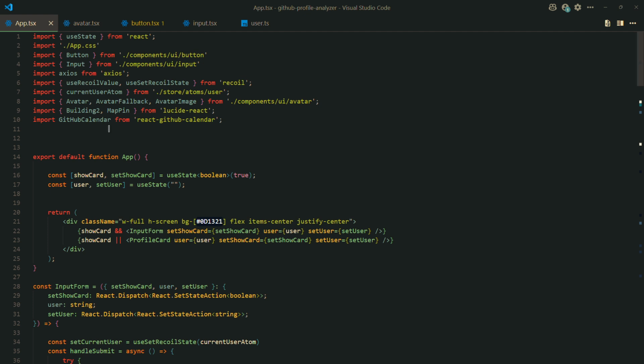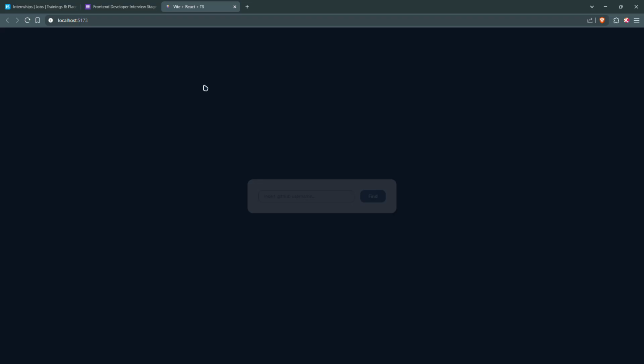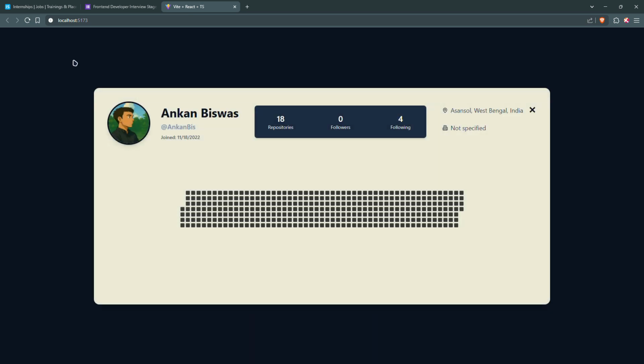So without wasting any time, at first I will show you how the assignment, how the project works. We will run npm run dev, which is the dev command, and control click this link. This is the UI of that project, and here we will insert the username. Here I am inserting my username and we will click find, and this is the card which